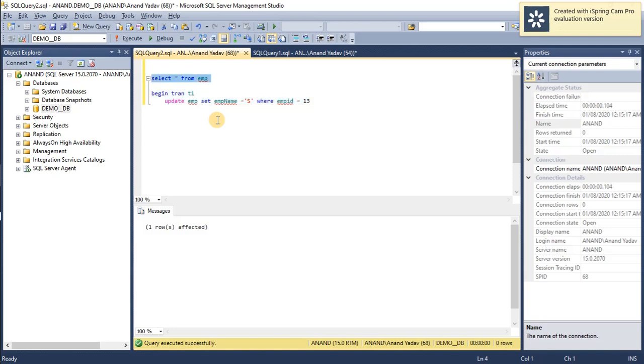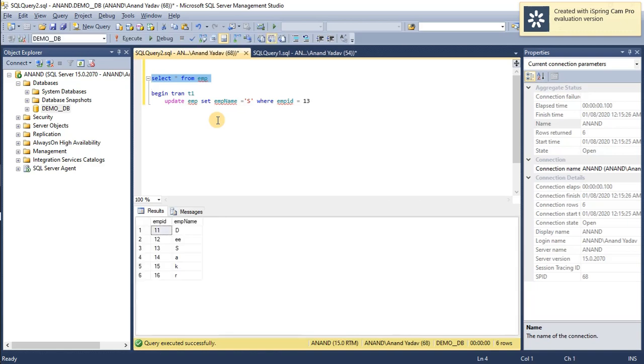Whenever we fire this select query, we can see the difference that has happened, but this is not a permanent change made on the table. If required, we can roll back these changes. But since we are doing a demo for commit, to make these changes permanent, we'll do commit T1, and we fire this commit command.